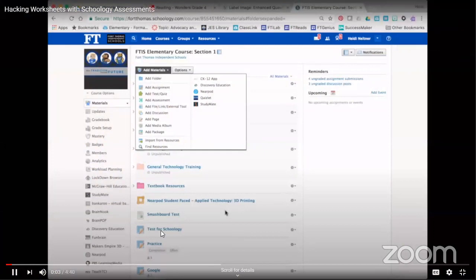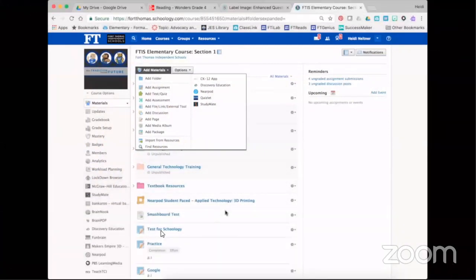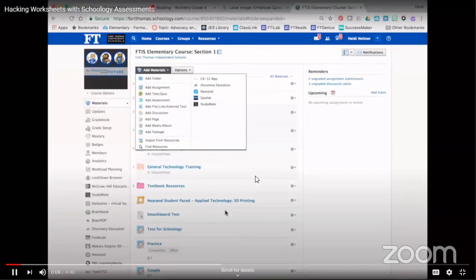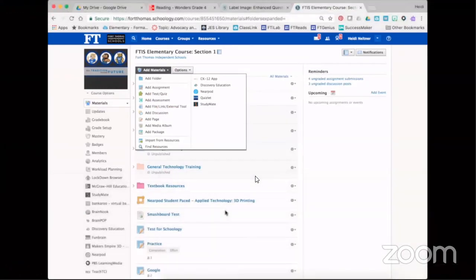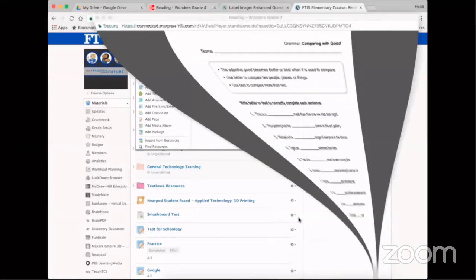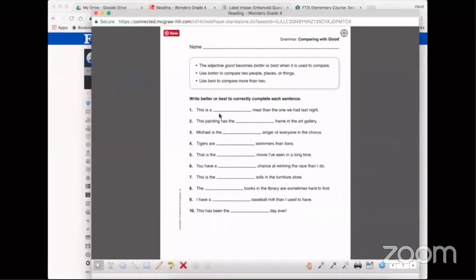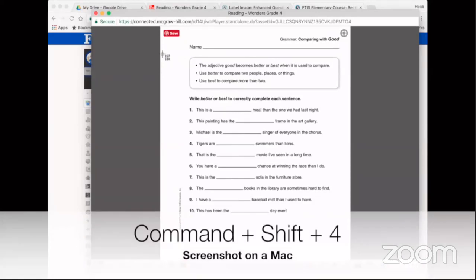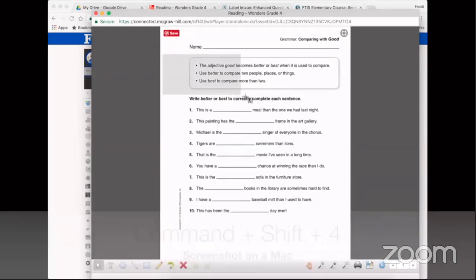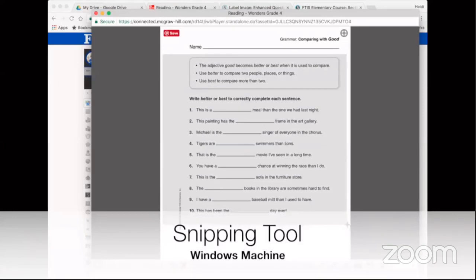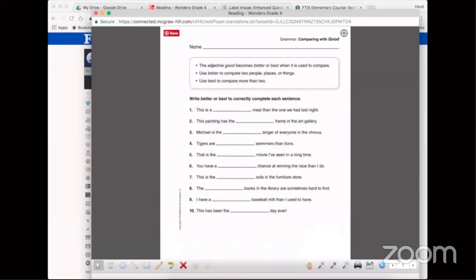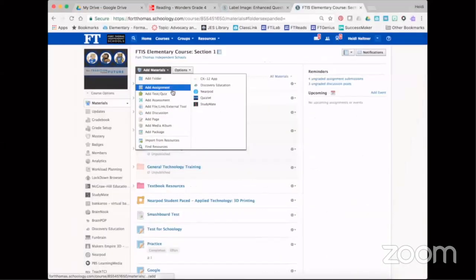Hey everybody, I am here today to show you a little hack that you can do in Schoology to actually move worksheets into a digital form and have them graded. So the first thing I'm going to do is I am going to open up a Wonders worksheet that you can find just from the main page of your weekly stuff, and I'm going to take a screenshot of that. On a Mac, it is Command Shift 4, and on a PC, you're going to have to use the snippet tool. So I just take a little screenshot of that, and then I come over here to Schoology,